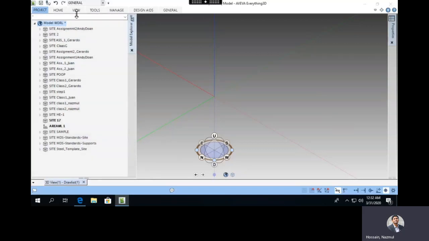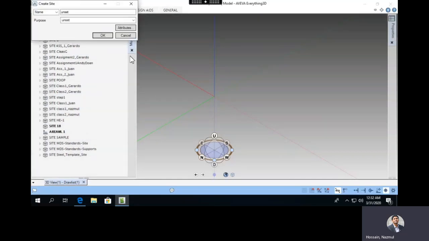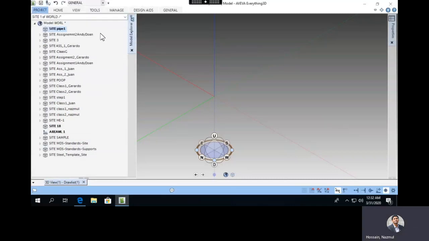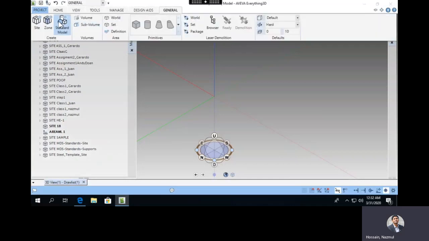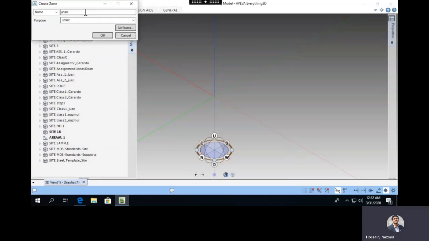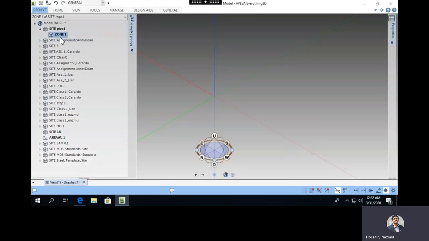So the same procedure, initially create a site. Let's name it pipe 1. Create a zone inside here. I'm just going with the default, and in that zone, so instead of doing the equipment, we're going to do